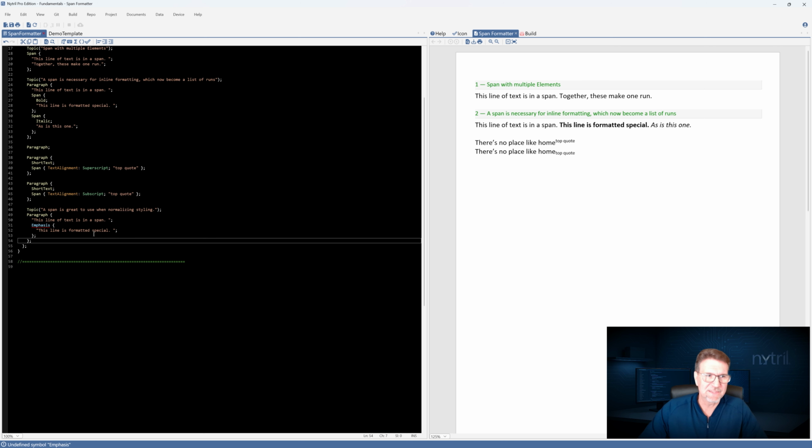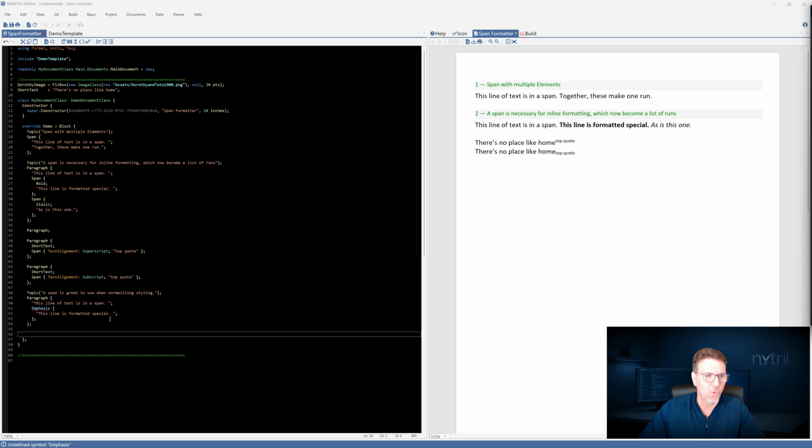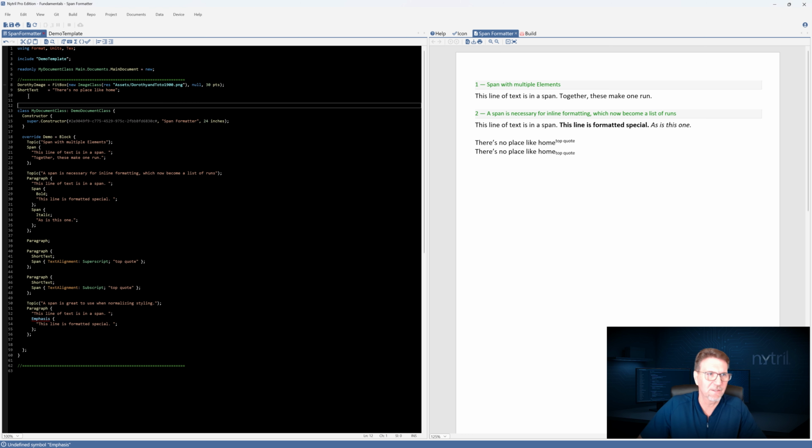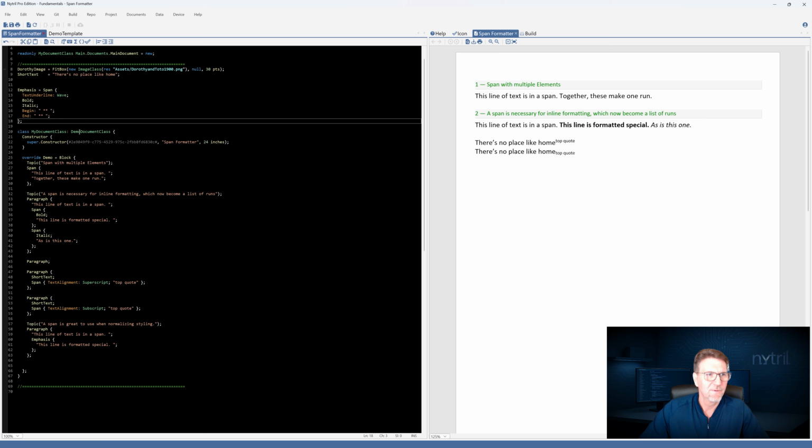You will also find that spans are very useful when it comes to normalizing your styling. When you're going to do any substantive work in Nitral, you're going to find that entering styling information over and over again, just as in any other type of coding, is not something you want to do. You want to normalize that. So we're going to just show a little example here of normalizing our code. So we're looking for this emphasis here that I'm going to paste in right here, and we'll talk about that.